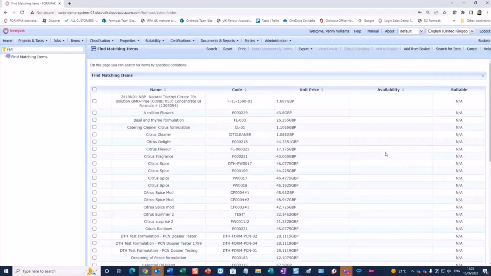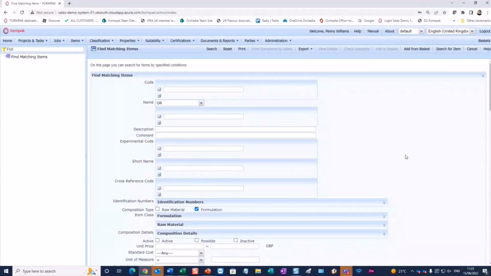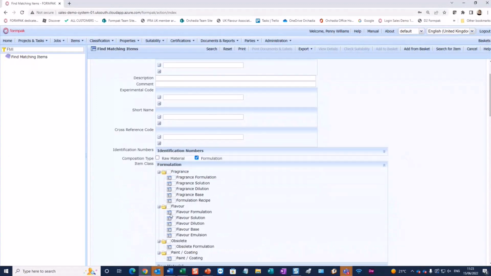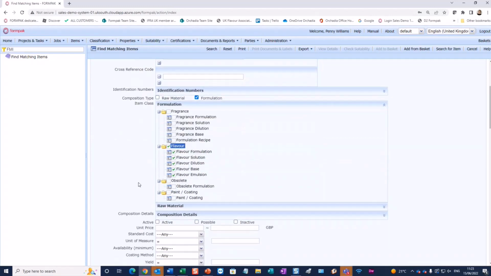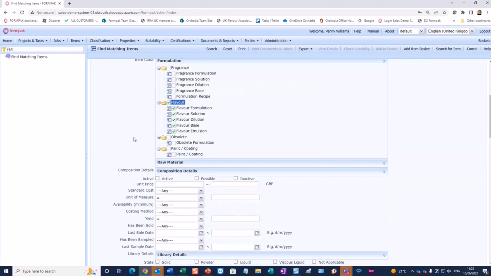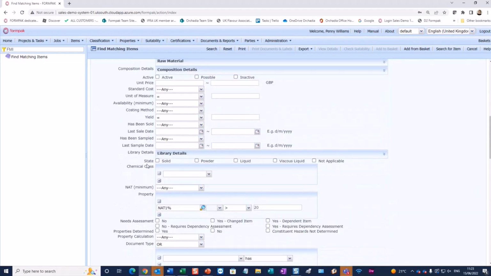Not much shorter, actually. And then you can have, for example, say if we wanted to zoom in and look at flavour formulations only, because obviously if you've got a business where you're doing different types of formulations, you might want to tune it. We could look for